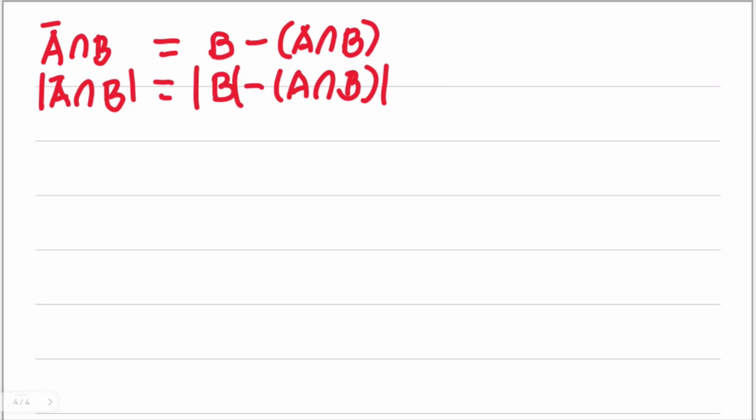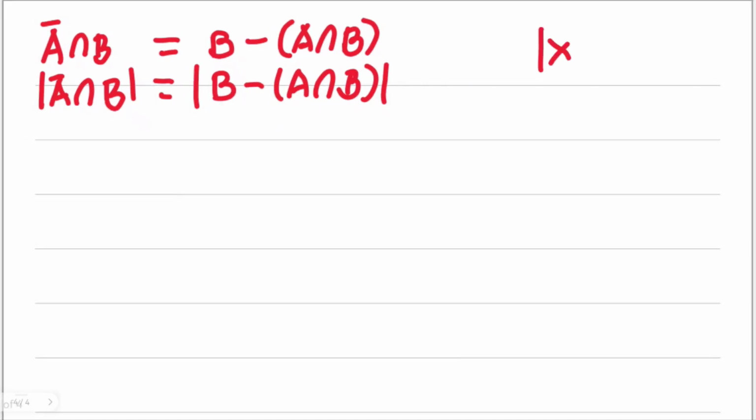No, because we have another property for that. I'm presenting you this next proof so that you'll be able to establish some of the important identities and properties on sets. So with this, if we have this property, the cardinality of x minus y is actually equal to the cardinality of x minus the cardinality of x intersection